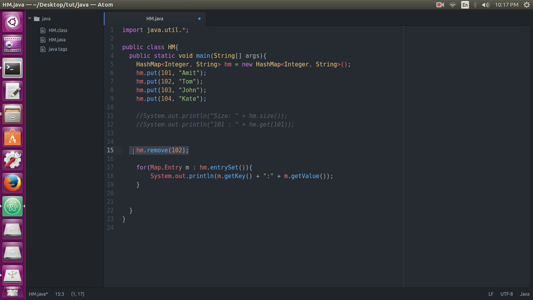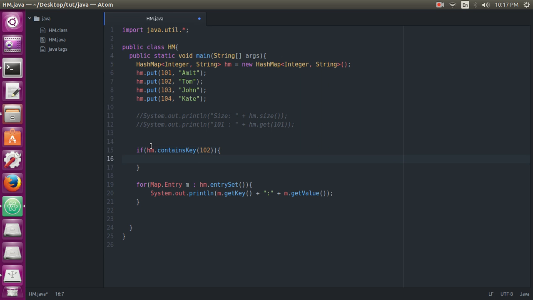So removing this, if hm dot containsKey, then the key which is like 102, if it contains, this means that the map contains the key. If it returns true, then print the message System dot out dot println, "map contains the key". What is the key? Concatenated here 102, else